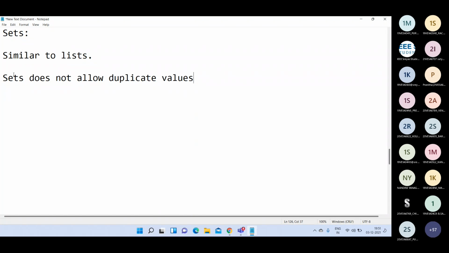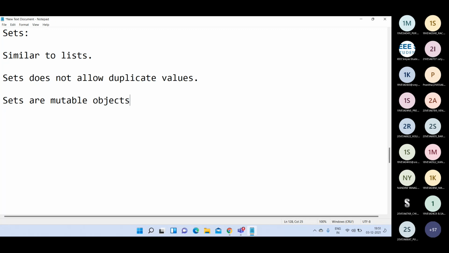In lists, you can write duplicates. But in sets, it is not possible to write any duplicate values. Even though you wrote duplicate values, while printing the sets, those are not displayed. Do you understand? Sets do not allow any duplicate values. And we can say these sets are mutable objects.